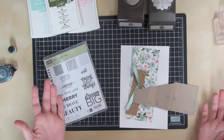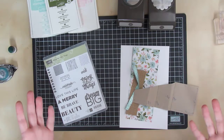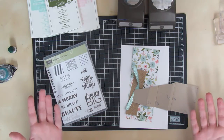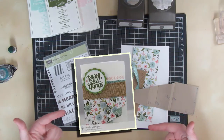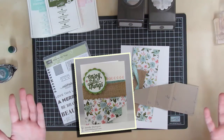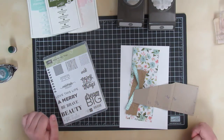I am back to share a card that I have been meaning to share for a long time. It is the Enjoy the Little Things card that has the cute drapery fold on the bottom. You can see it here in the picture that I'm sharing because I've managed to completely misplace the actual original card. But I have all the pieces and I'm going to walk you through how to do it